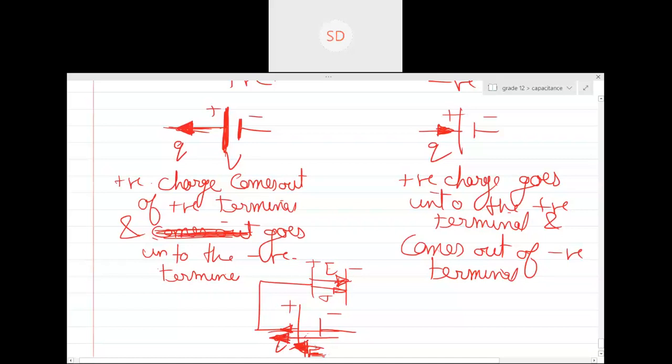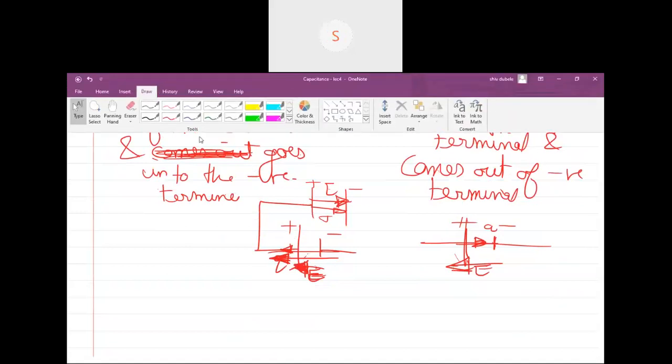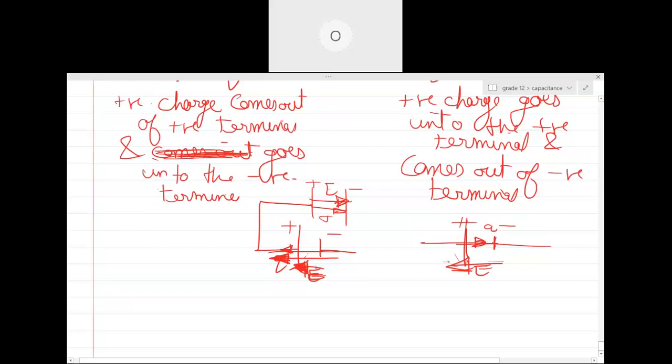आप समझ में आया? Yes. But sir, what happens in the case of negative? Inside it is from negative to positive, but now when the charge goes like this, can you see my charge is going against the electric field? So here work done by the battery will be negative. Are you getting my point? Yes, sir. I got it. ठीक है? So sir, that's it. Negative part again? What beta? The negative part. See, the electric field is always from negative to positive inside the battery. The same direction electric field.